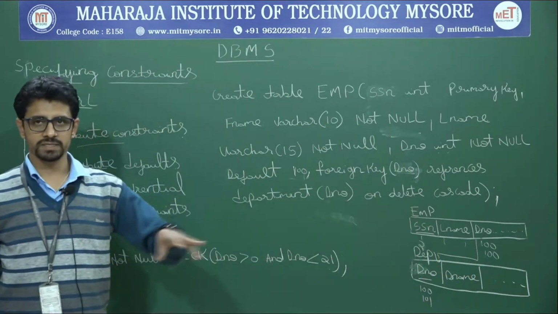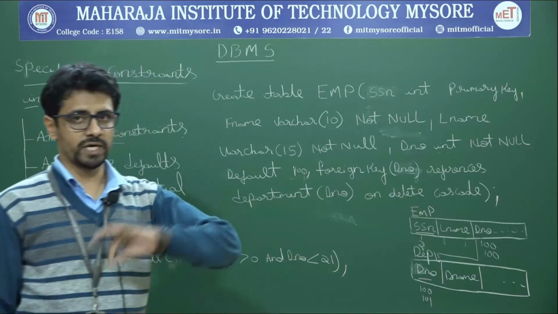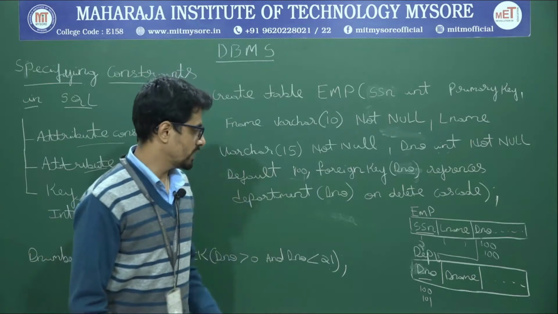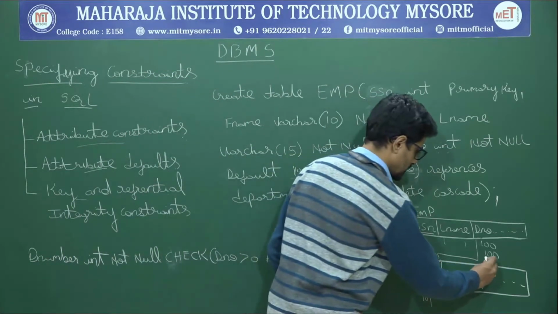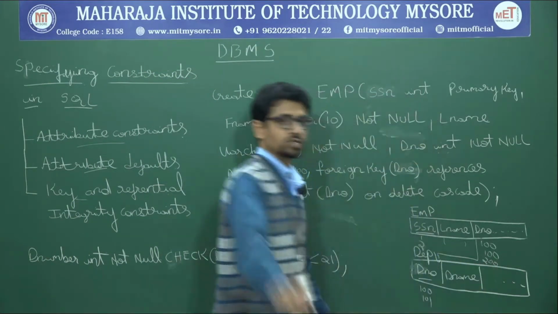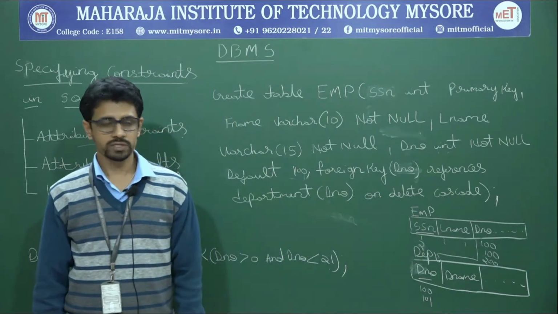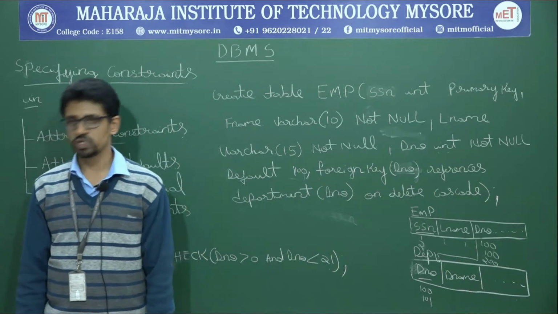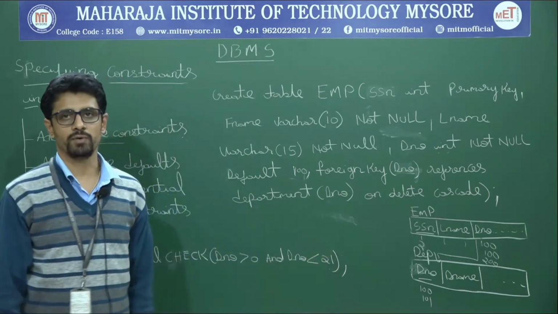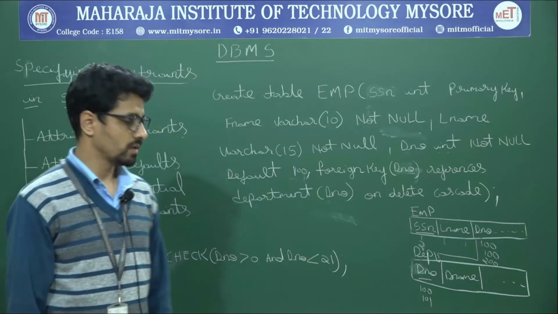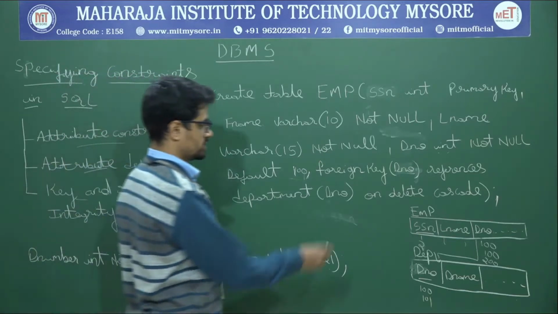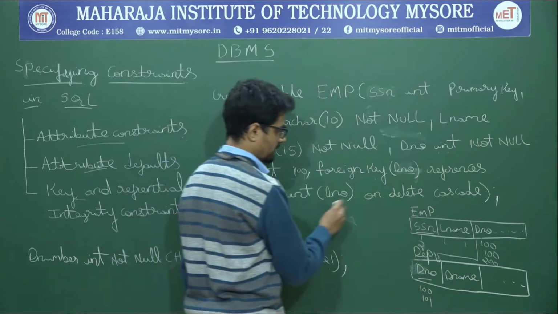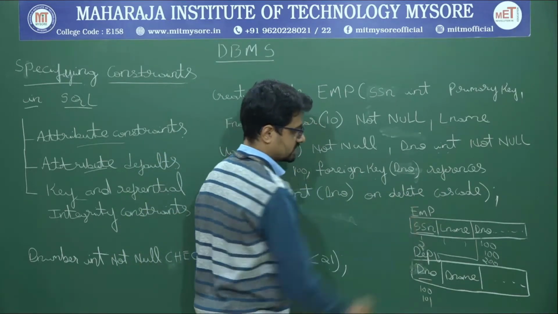Okay, so this I need to explicitly incorporate. Now what will happen is, when I do this in the create table command, while inserting the values, if you try to insert a value called 200 here, it will throw you an error. Why? Because 200 is not present in the primary key table, so you cannot insert it in the employee table. Okay, so to do that we have this foreign key department number references department number on. Okay, we have something else, I'll come back to that.